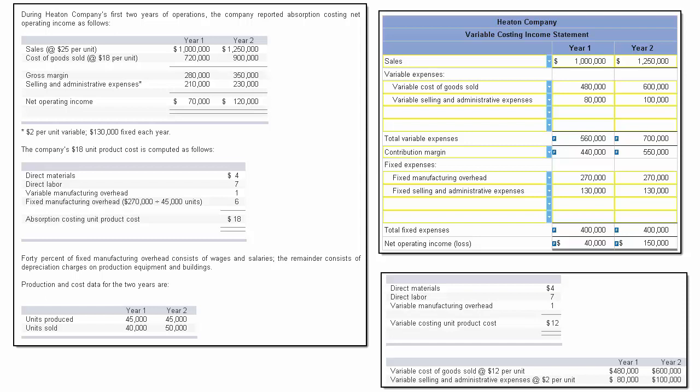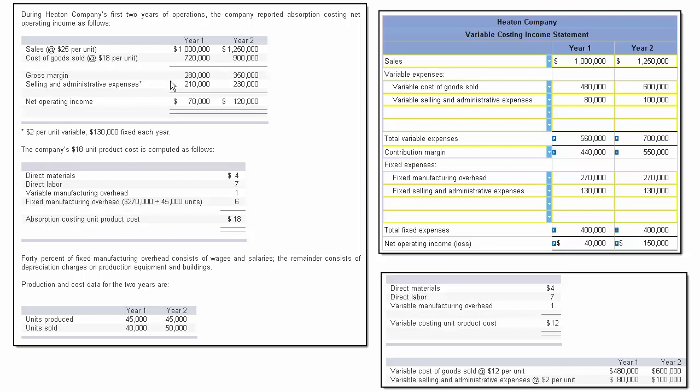Okay, let's explore this problem that deals with Heaton Company, and we're going to be comparing variable costing to absorption costing. The problem is on the left here. During Heaton Company's first 2 years, the company reported absorption costing net operating income as follows. Sales were $25 per unit, cost of goods sold was $18. We subtract that from sales, we get gross margin, and then selling and administrative expenses were what you see here,